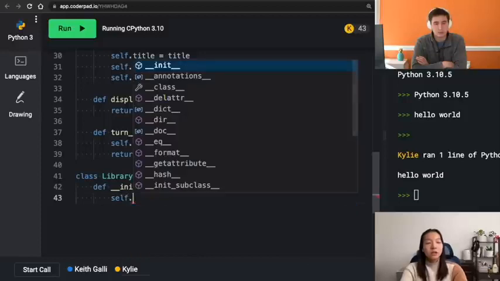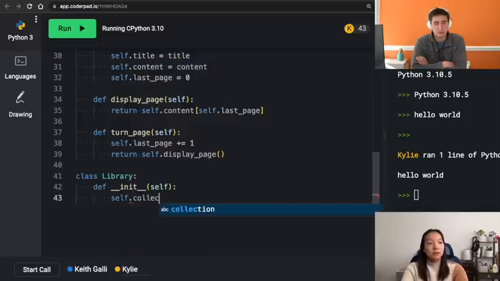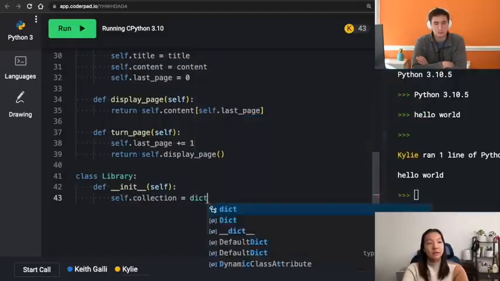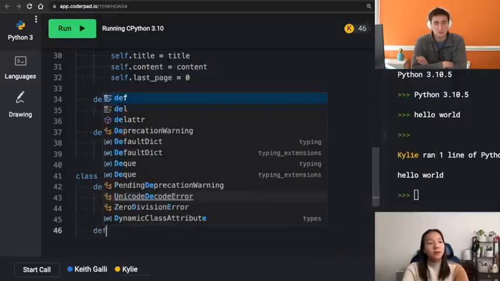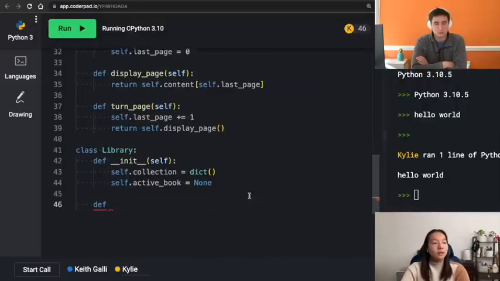So initially, this collection might just be an empty dictionary, and then the active book might be none, right? So then when we want to add stuff, so add to collection, book,